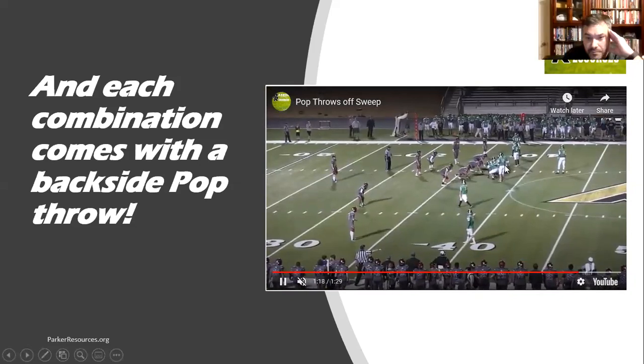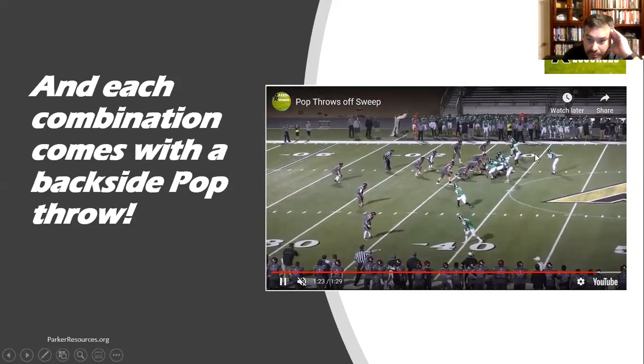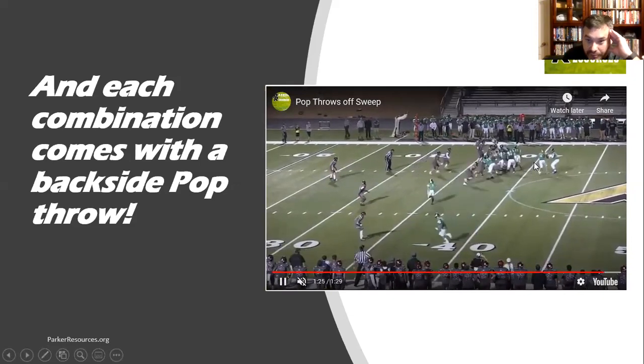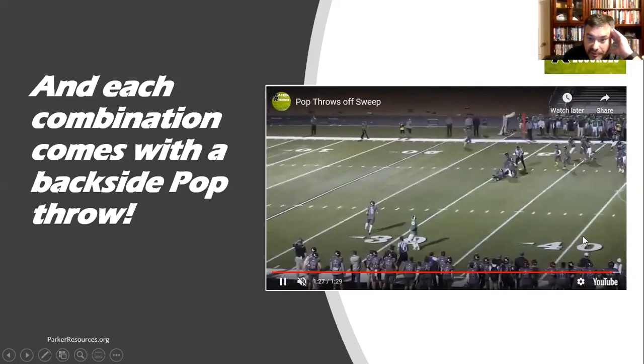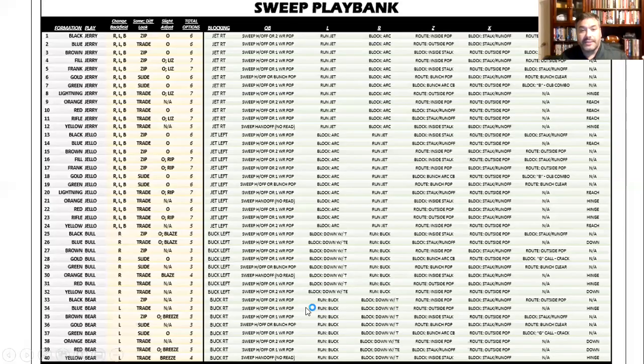This is just our regular black formation with two wings empty. We're going to send this wing in motion, I believe. Run him buck right or jet right. And we just throw the pop to the inside guy. Okay, so that's the generic